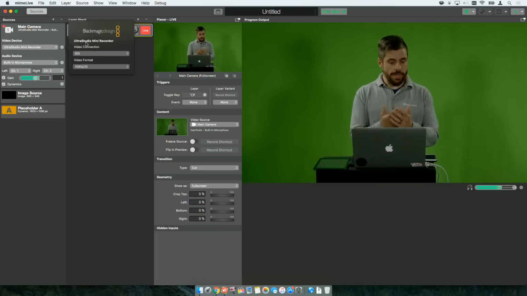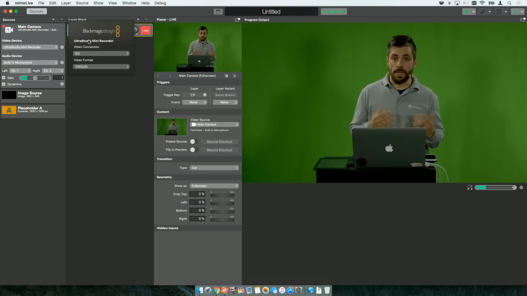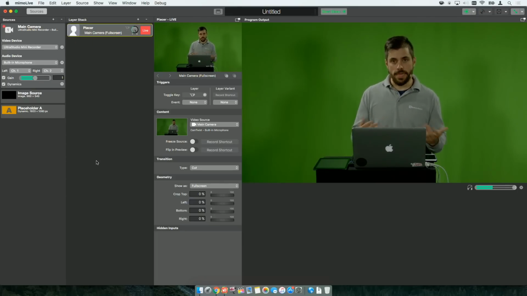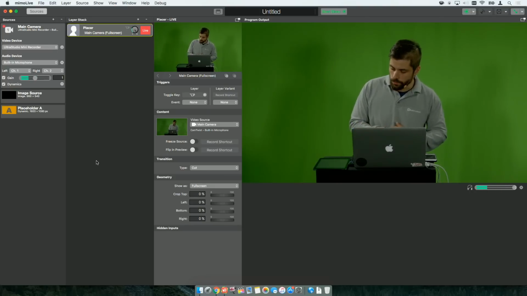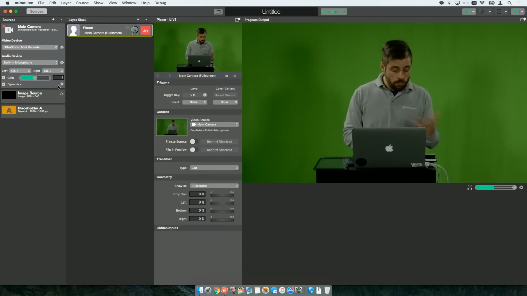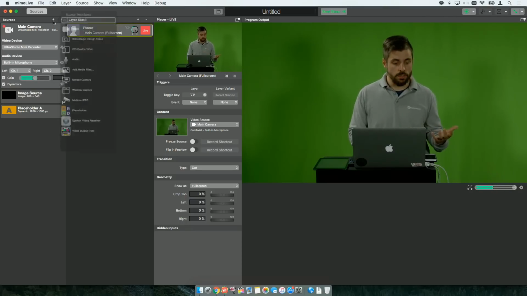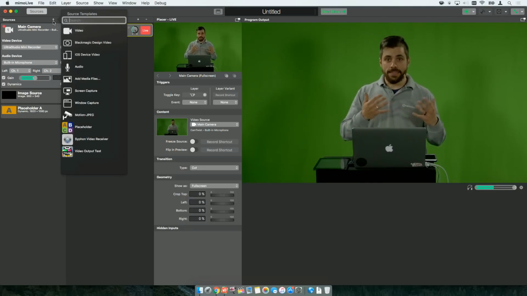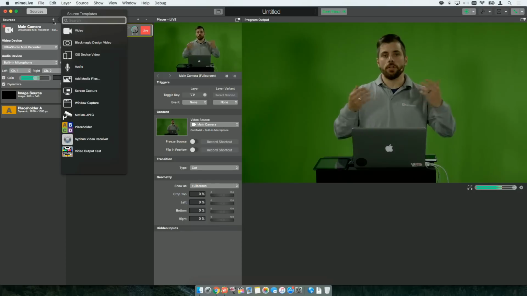I just connected my Ultra Studio Mini recorder that has a camera connected to it, and well, now I can go on if I want to. So I could also add more sources if I wanted to, and mimoLive comes with a lot of new sources. As I just said, next to default cameras that we still support,